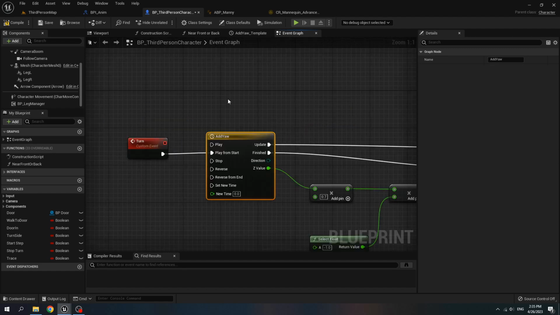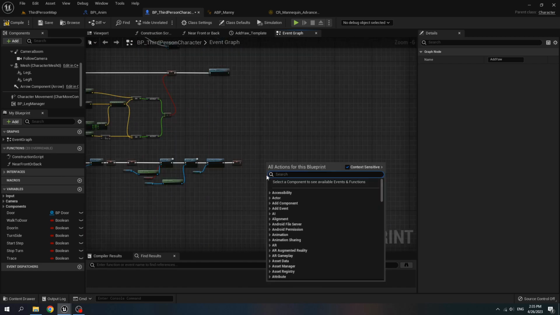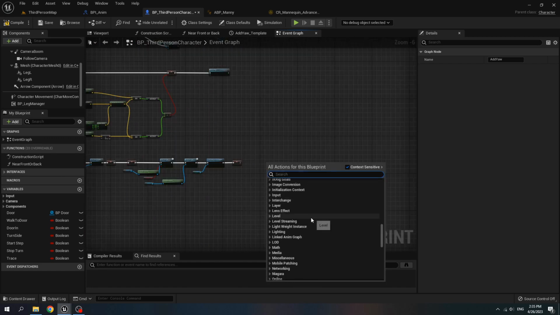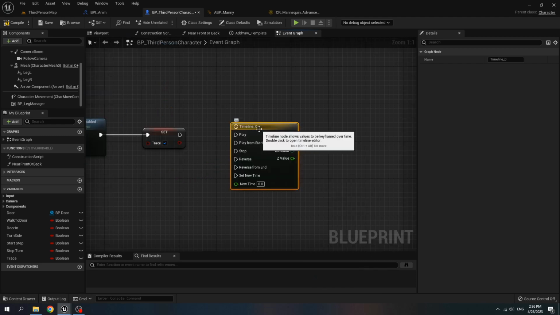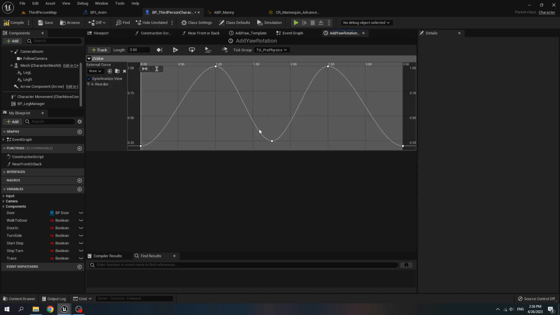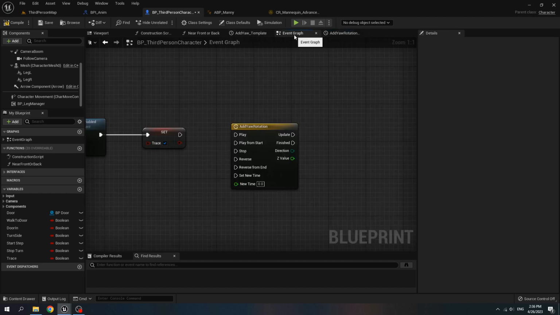Copy the timeline of the turn custom event. Right click, paste here, rename it to add your rotation, open it, and we have the last graph that we created. Connect the set trace to play from start.